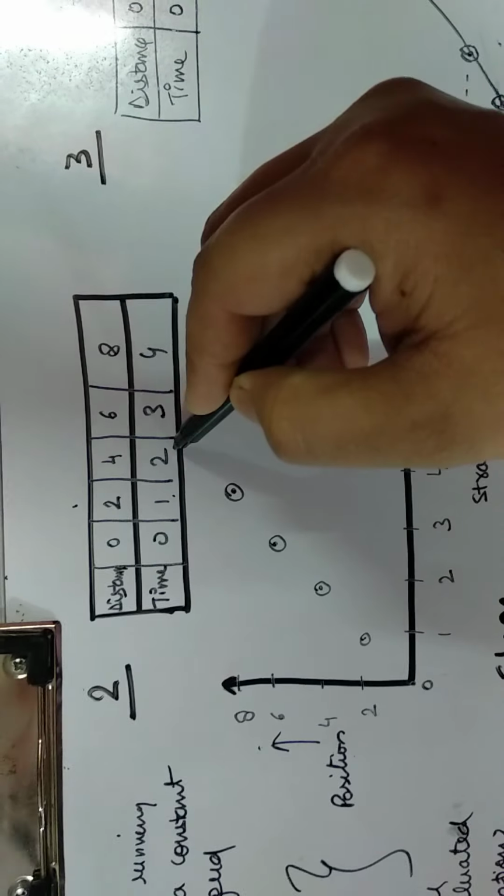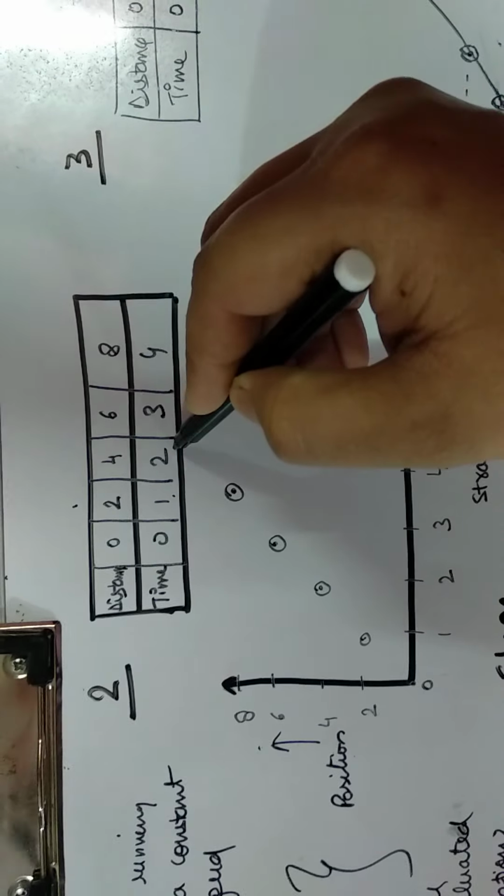When we plot this data on the x and y axis, you'll get these points, and when you join these points, you get a straight line. This straight line shows this kind of motion is uniform motion because the body covers equal distance in equal intervals of time. This kind of motion represents the constant speed of our body. So, we can say that when a body is moving with uniform motion, we always get a straight line.